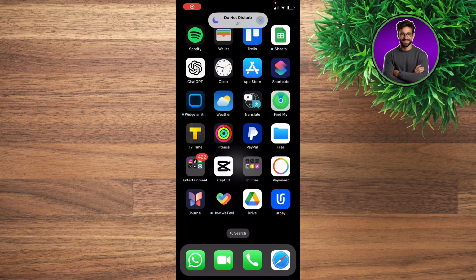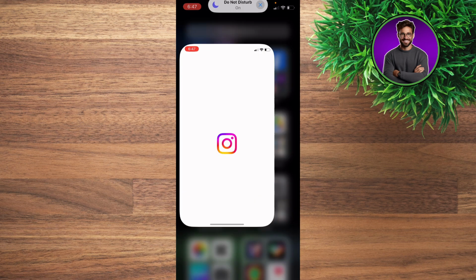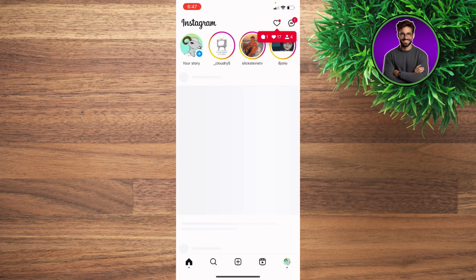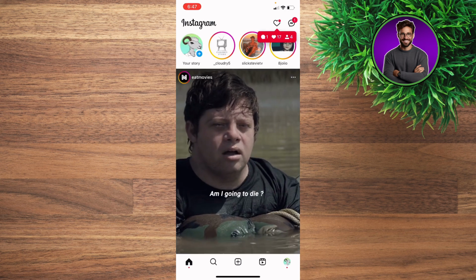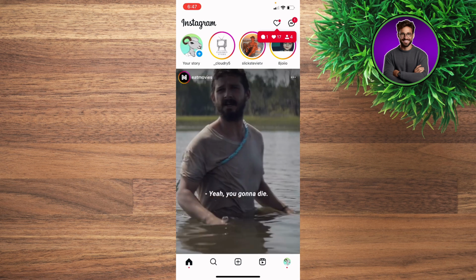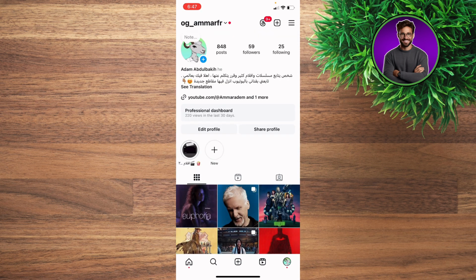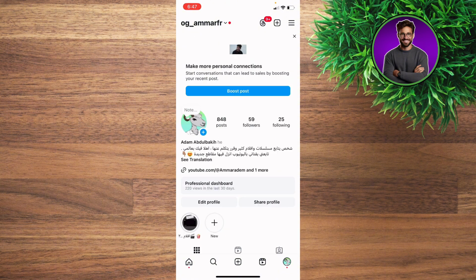How to unarchive a story on Instagram. So first of all, go ahead and open up your Instagram. Now what you're gonna do next, you're gonna just go ahead and click on your profile at the bottom right. Now what you're gonna do next, you're gonna just go ahead and click the three bars at